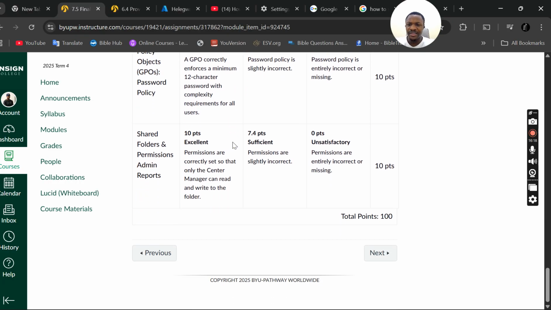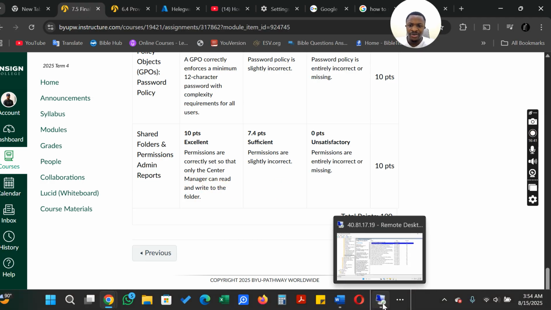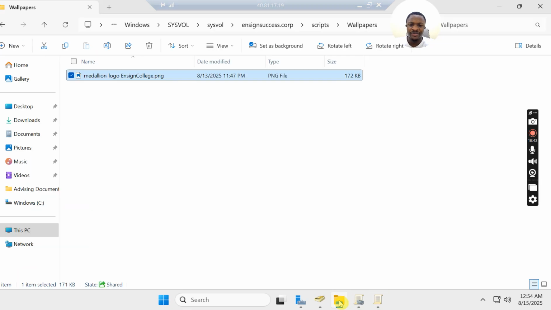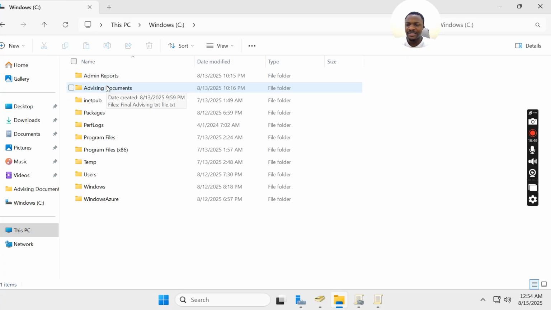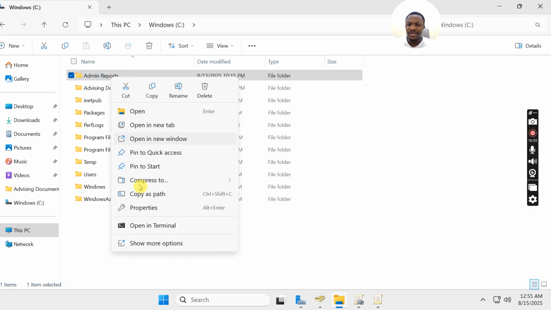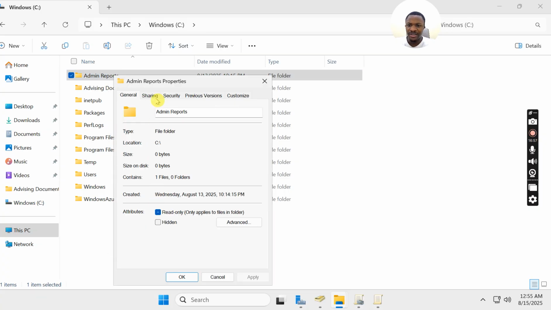And then the last thing is the shared folders and permissions admin reports. Permissions are correctly set so that only the center manager can read and write the folder. So the shared folders and the permissions admin reports is what I'm looking at, and only the manager can read and write the folder. So I'll go back to File Explorer, go to this PC, go to my C drive, admin reports. I'm going to right click on it, say properties, and go to